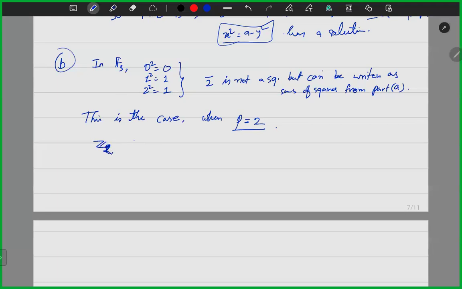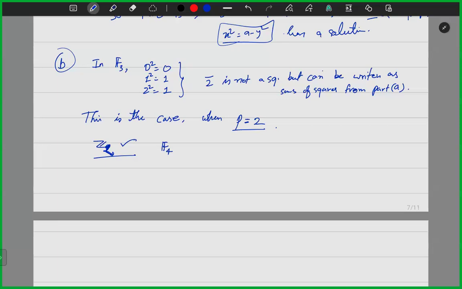It works for F4. Every element is a square. We are not worrying about 0 and 1. Other than 0 and 1,